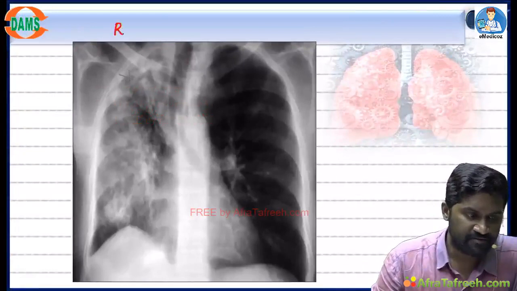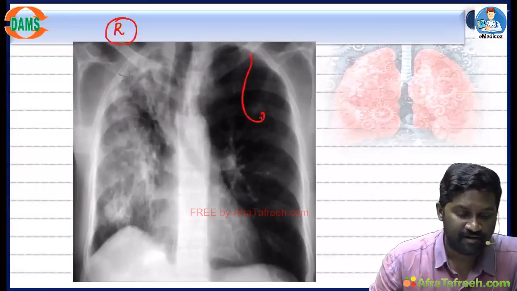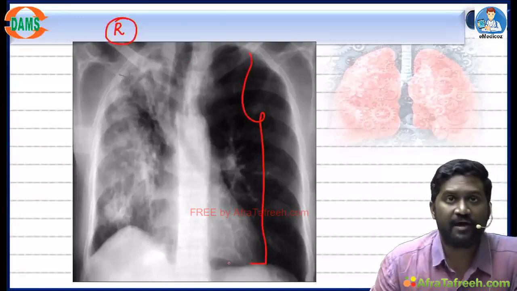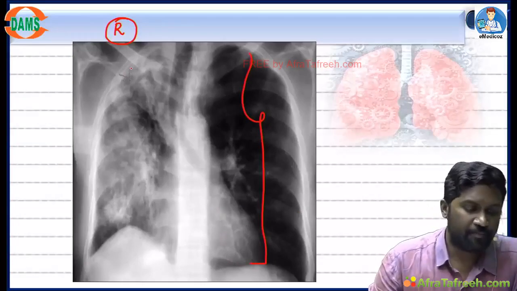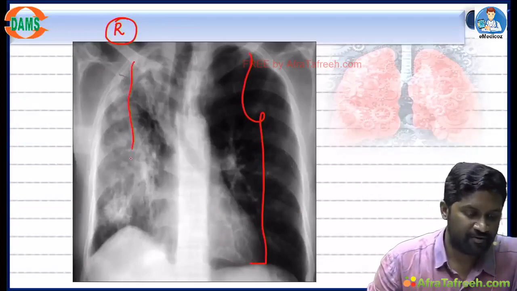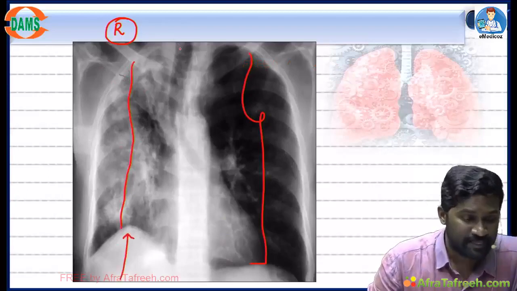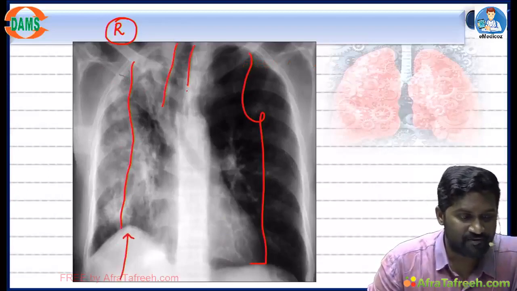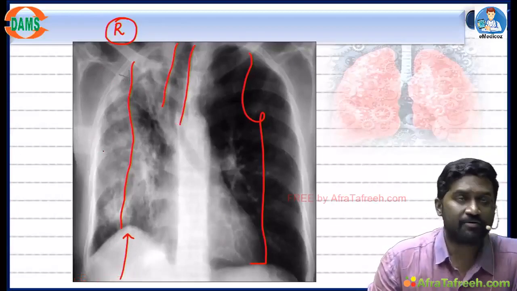So the clue is the disease is on the right side. Now if you see, the left lung is completely filled with air and expanded, whereas the right lung is not properly expanded. You can see the volume of the right lung has decreased. The diaphragm is also coming up. The trachea is pulled towards the same side. And what you can see here is